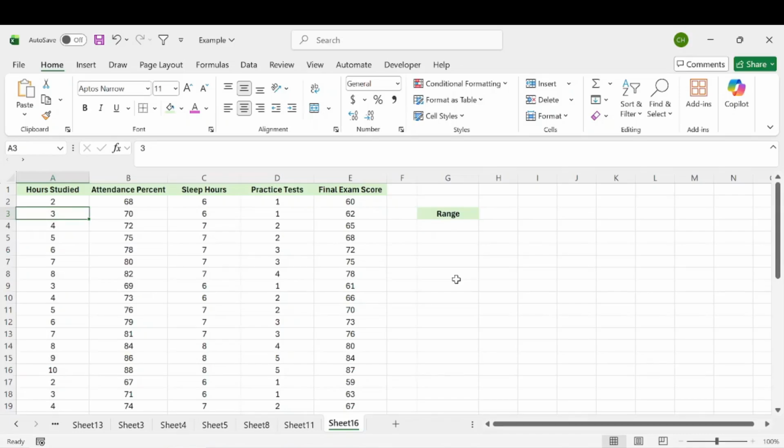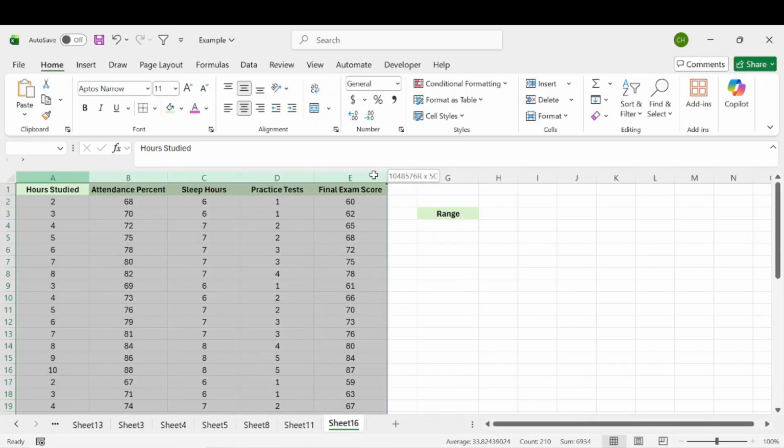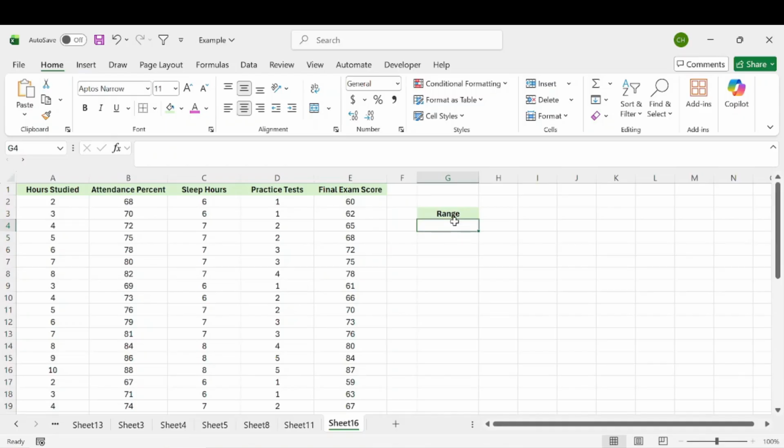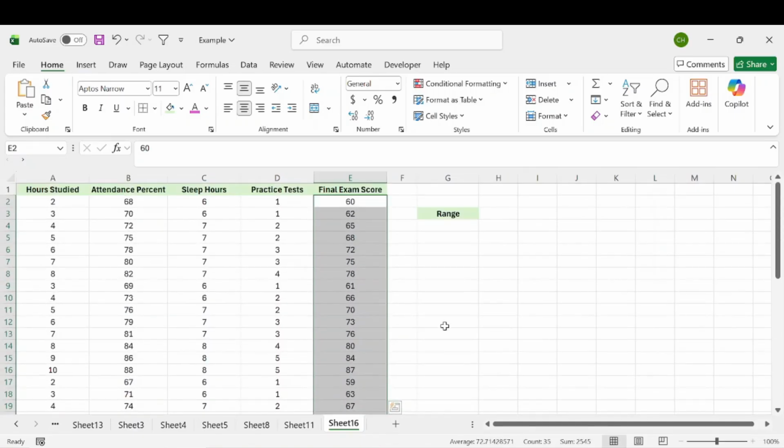Alright, in this video I'm going to show you how you can calculate the range in Excel. So here we just have some random data and we want to know the range for this column, for our final exam scores. And we want to display the range here. Now the range is just the difference between the maximum number and the minimum number in a data range or data set. So in this case, here's our data, and in Excel you could use a formula to do this